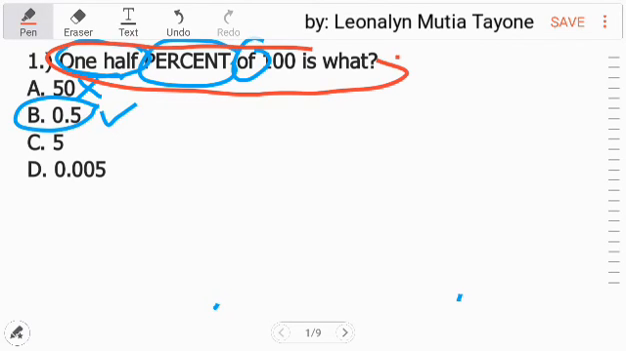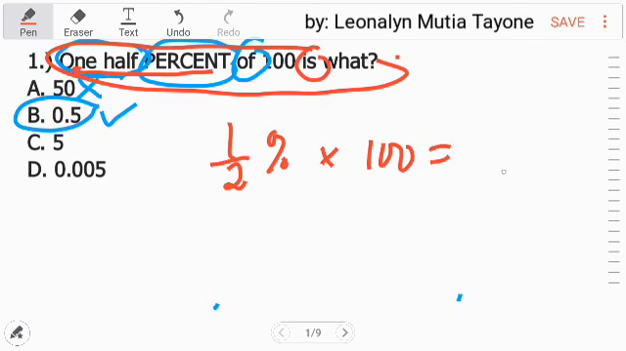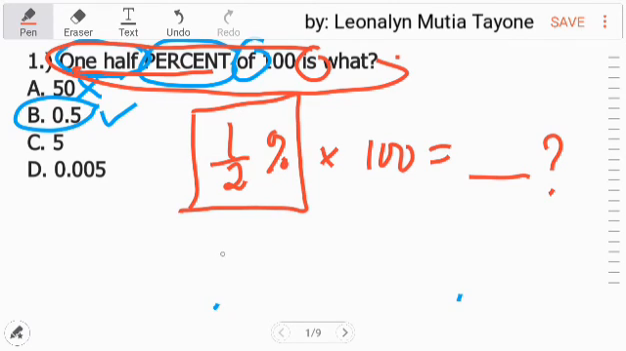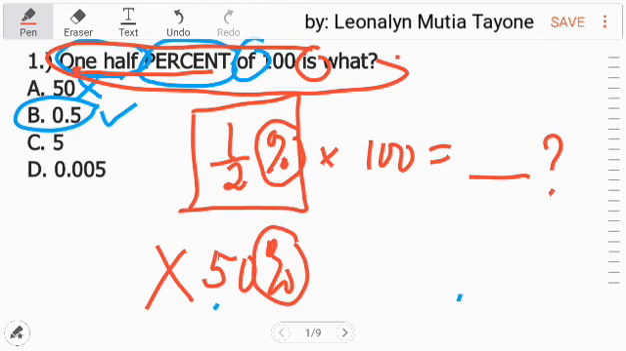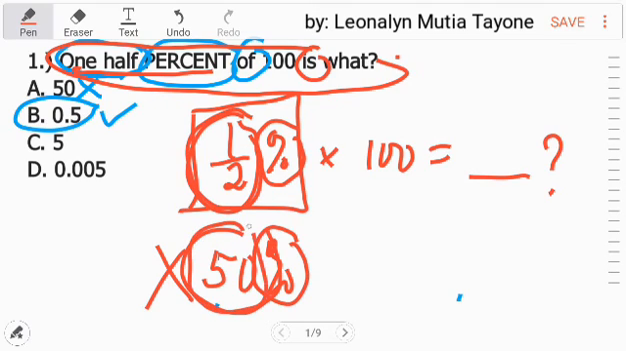I-convert muna natin into equation. 1/2% of, multiplication yan. 100 is equal yan siya of what? Itong 1/2% ay hindi sila pareho sa 50%. Hindi siya pareho. Kasi pareho silang may percent sign. So, doon ka mag-focus sa number niya. Itong isa, fraction, ang ito, 50. So, mas malaki si 50. Ito, 1/2 lang. So, meaning, itong 1/2 ay equivalent ng